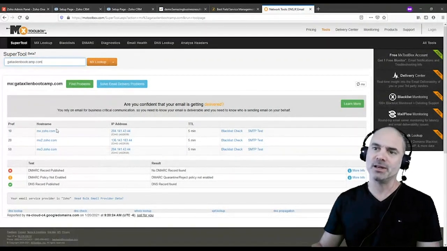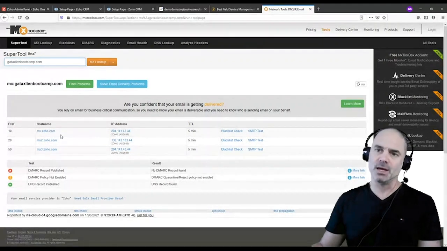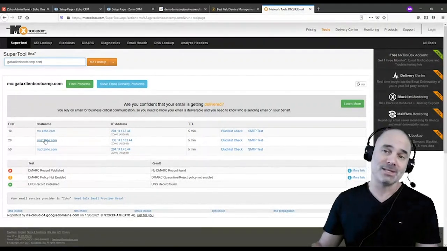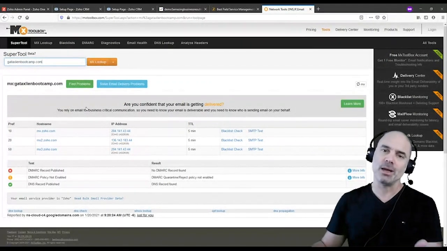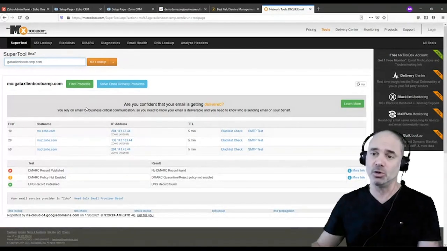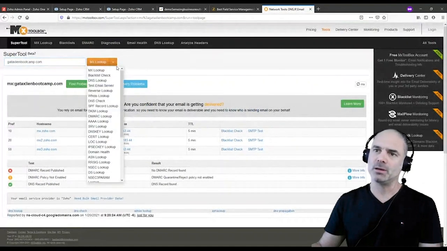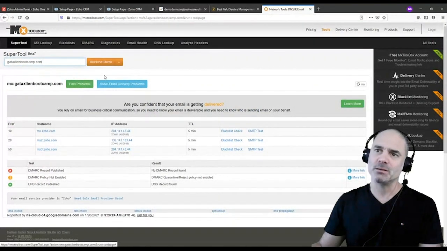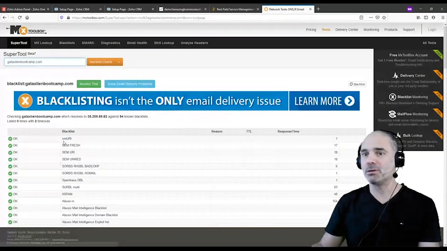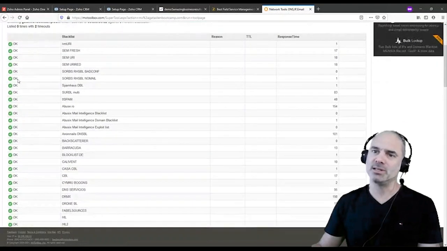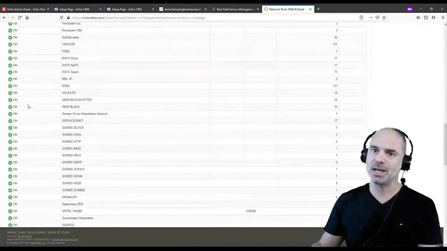For Zoho specifically, you should have only 3 mail servers configured in the MX. And if you don't know how many servers you're supposed to have or how it's supposed to look like, you just write Zoho MX records, and then you will get all those. So this is number 1. Number 2, I am going and checking the blacklist just to see if the domain is considered as a spammer. And if you check here, you can see that it says okay, okay, okay, which is a fantastic response, and that's what we like to see.